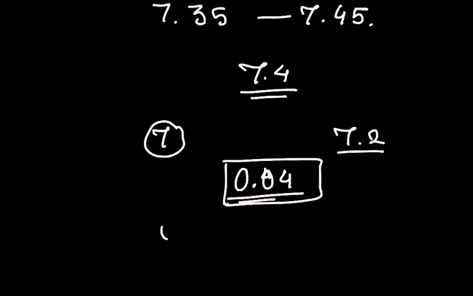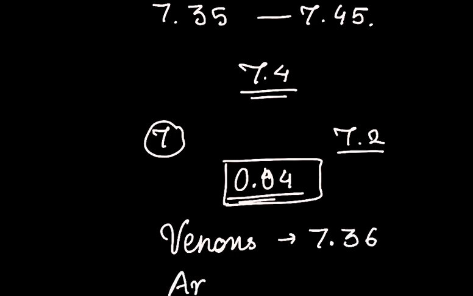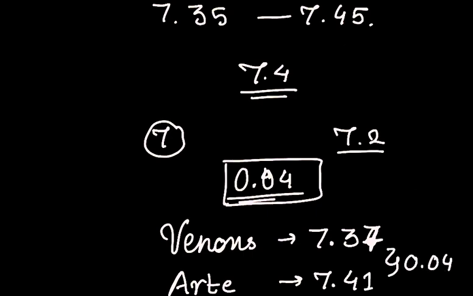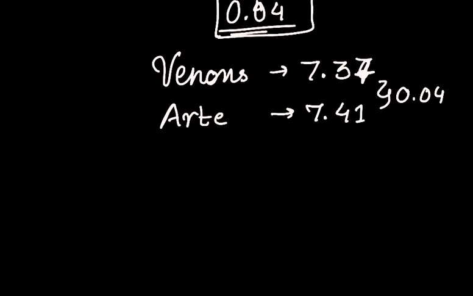If you see the venous blood, the pH is about 7.36, and in arterial blood, we have got 7.40. So the difference you'll be observing is 0.04, and it is normal for the body to function. What if the pH rises? Actually, you should remember that